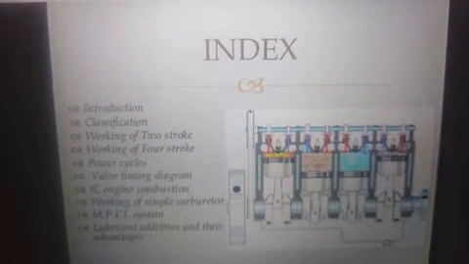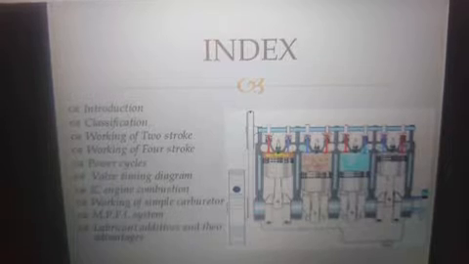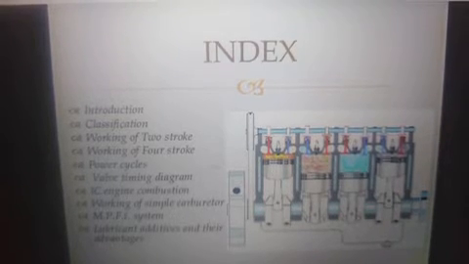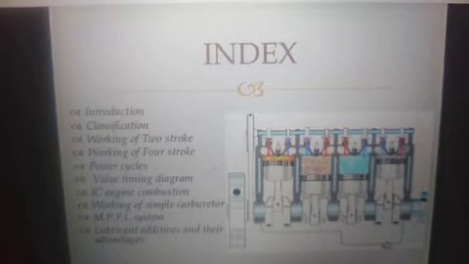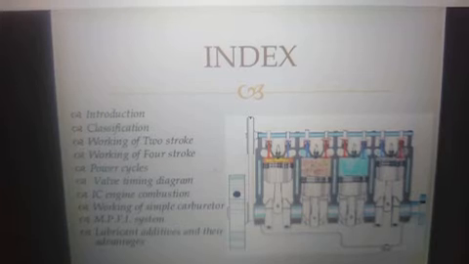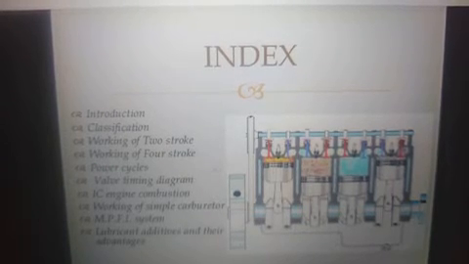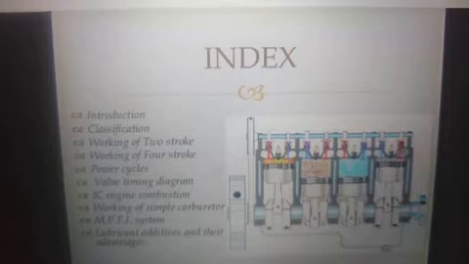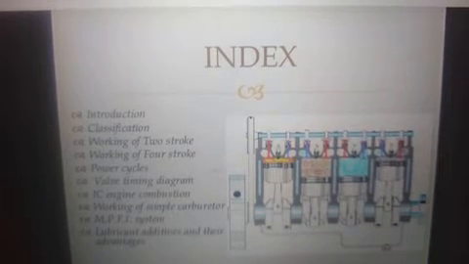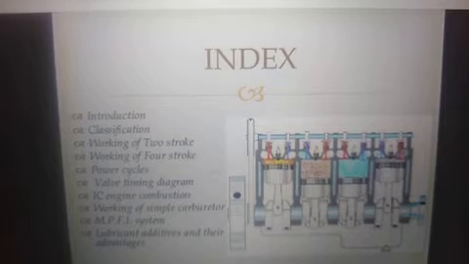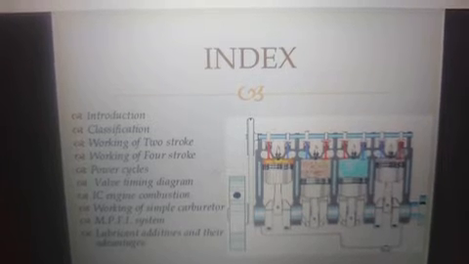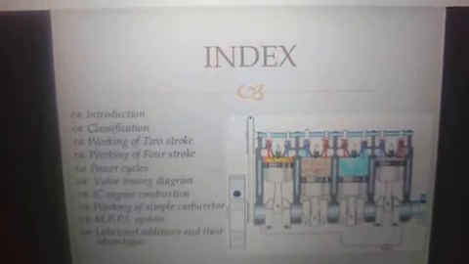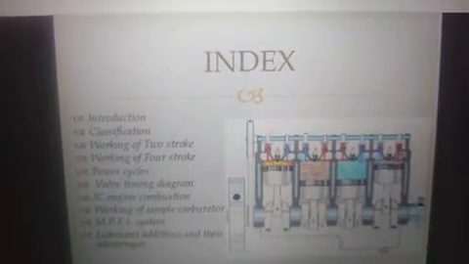I am Professor Pushkar Thigde, conducting a lecture on subjects related to internal combustion engines. Today, we'll discuss the first chapter, the introduction to IC engines. The main components of this subject are introduction, classification of IC engines, working of 2-stroke and 4-stroke engines, the power cycle consisting of these 2-stroke and 4-stroke engines, and engine combustion. These are the main points we'll discuss today related to the IC engine.